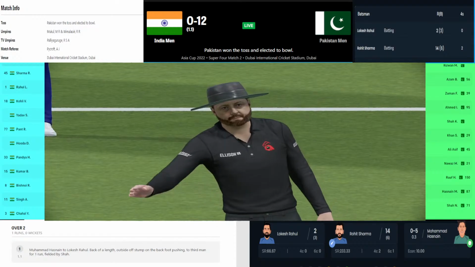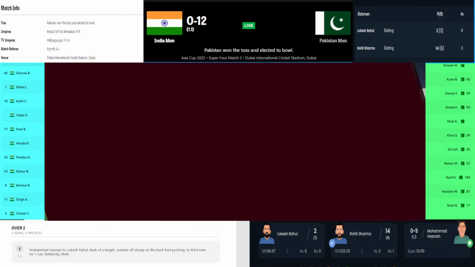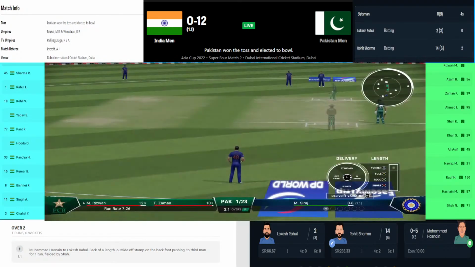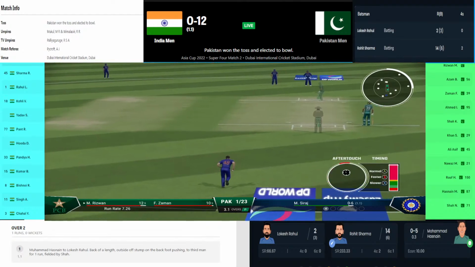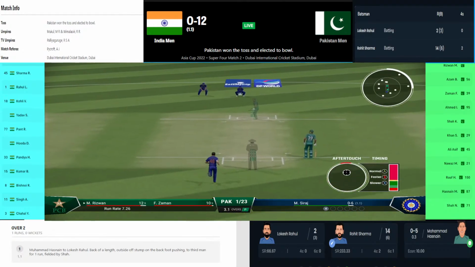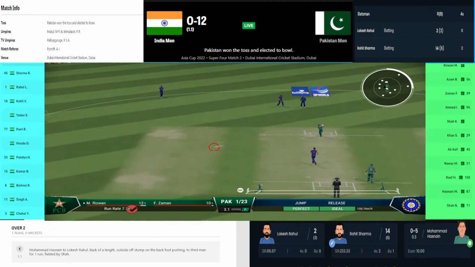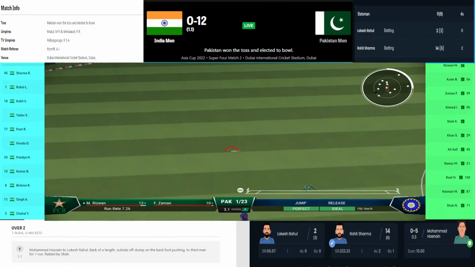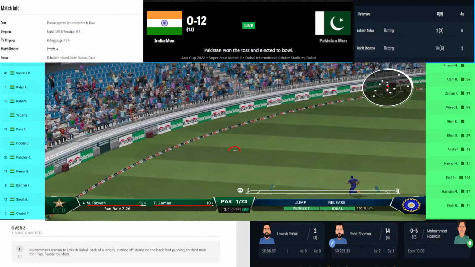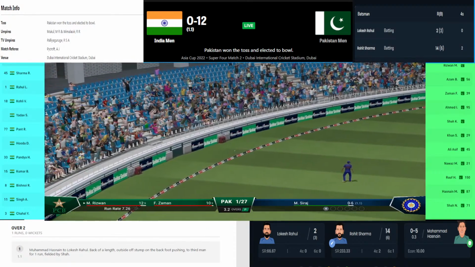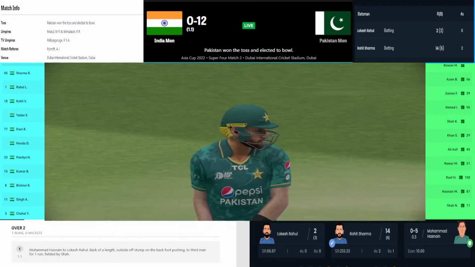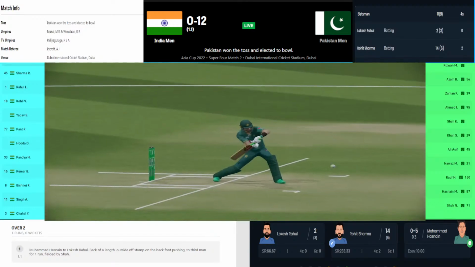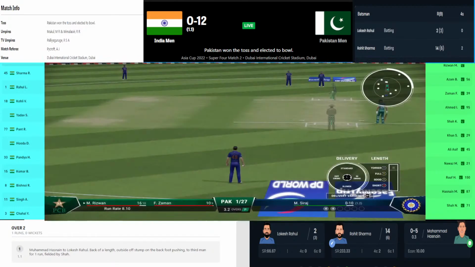It has taken the edge of the ball, but the delivery was on good length. Just a little bit of swing away from Rohit Sharma. Rohit Sharma gets beaten, and Rizwan, after collecting the ball, just appeals for that, but no runs taken. The score remains the same. After 1.2 overs, Indians are 12 without loss. Pakistan, after winning the toss, have elected to bowl first.